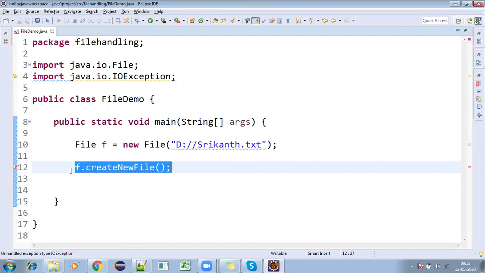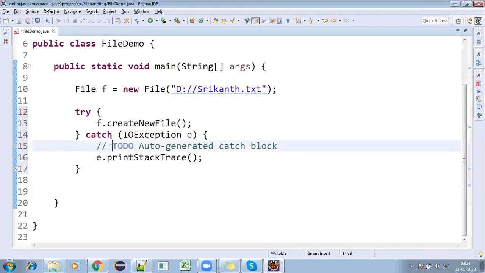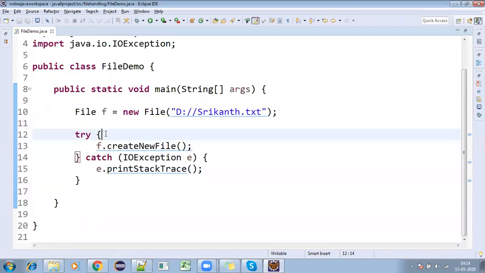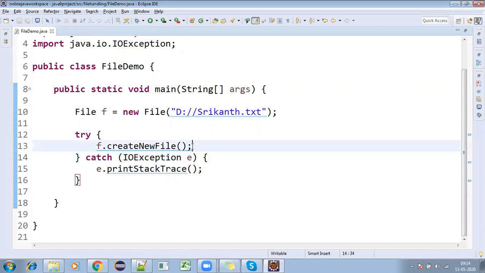That checked exception I will tell you later. To satisfy the compiler, either I can use throws, but the better way is a try catch block. If you have any exceptions in the code while executing the total program, we need to give this try catch block. But you just try to understand line number 13.